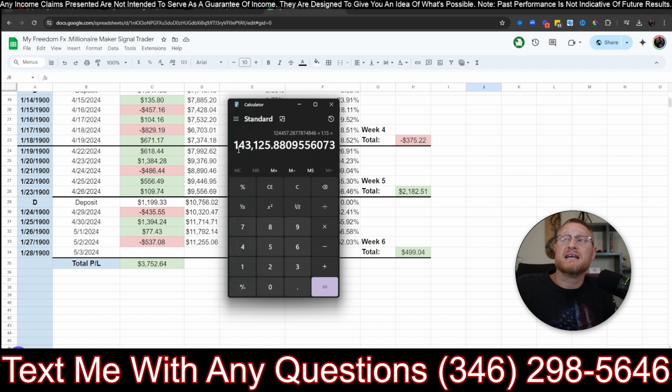Now you can see how fast this account really starts growing over time here, because of the amount of capital that you have in your account. That's what we're trading with. So the lot sizes that we're actually trading, now this might not make a lot of sense to you guys, but just think about it like this. The more money you start to have in the account, the more money you can earn against that money in the account. So that's 2 years. Let's look at 3. 1, 2, 3, 4, 5, 6, 7, 8, 9, 10, 11, 12. So almost $1 million at 3 years.